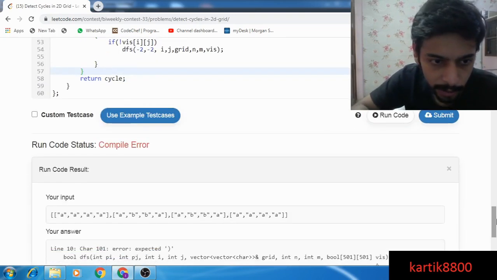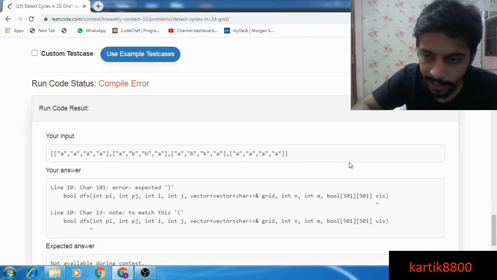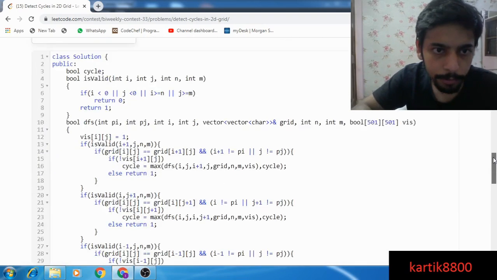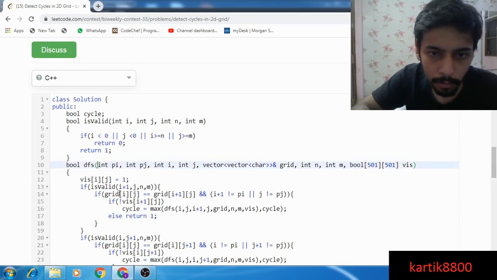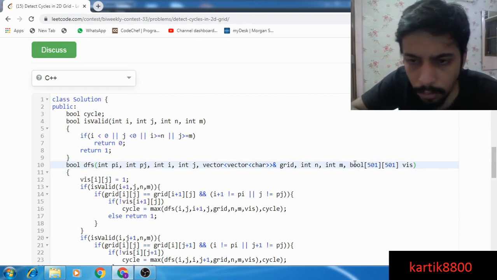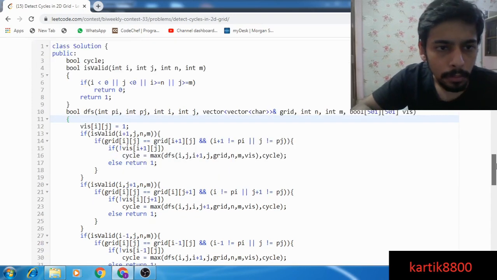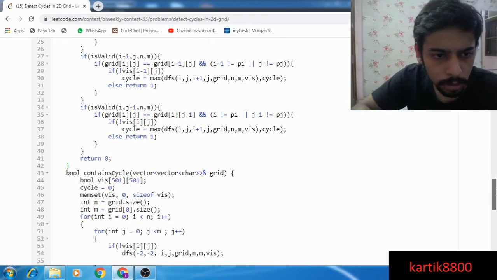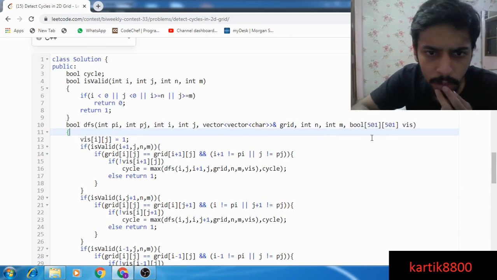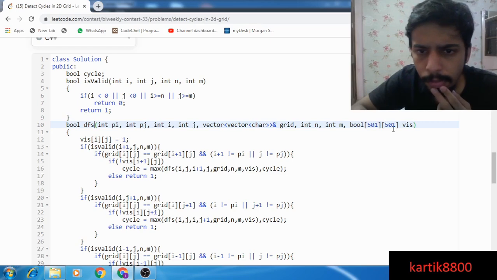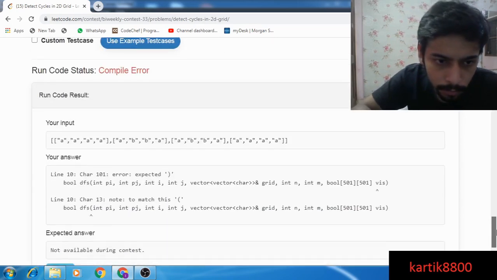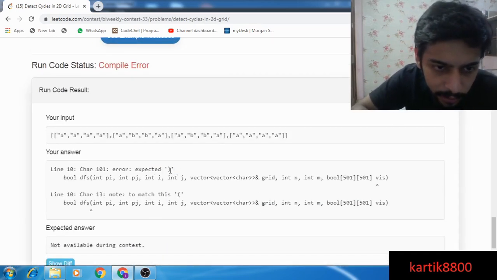Compile error as expected, line 10. Okay. What's the problem here? I don't see any problem. Okay, this is just LeetCode hating because I don't see any problem, to be honest. Expected this.